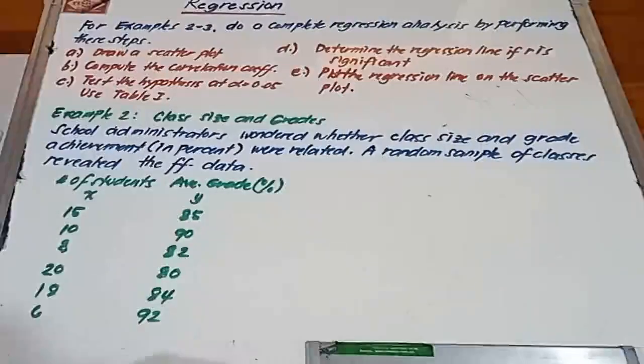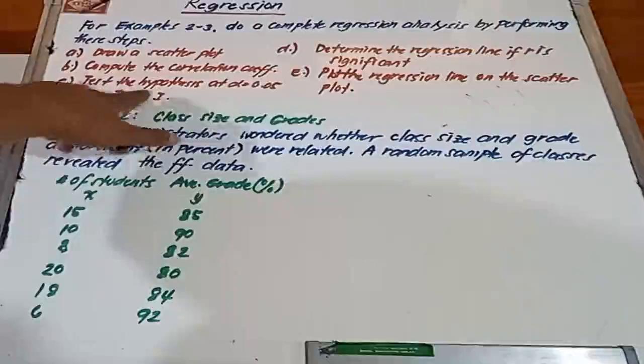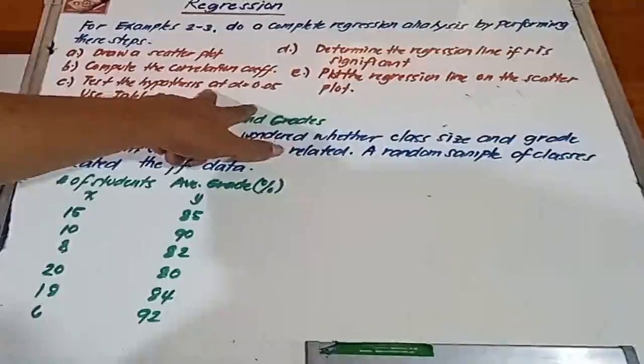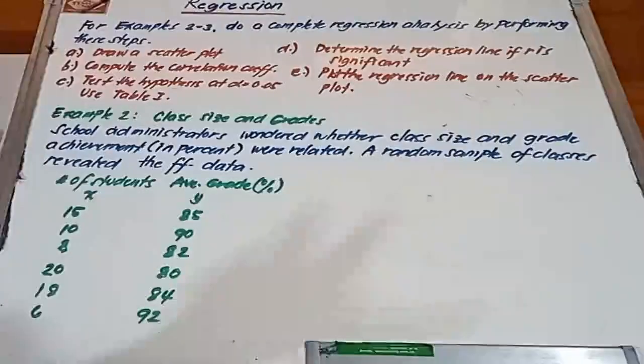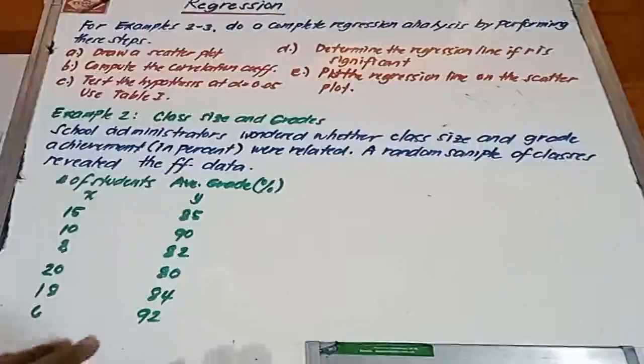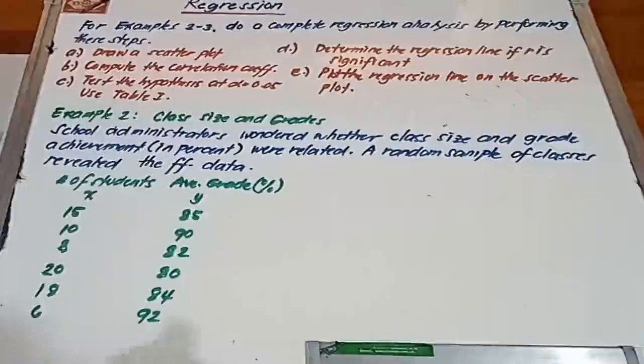Okay? Now, itong tatlong to una natin gagawin. For letter C, kapag hindi significant yung relationship at alpha equals 0.05, di natin kailangan gawin yung D and E. Okay? And for letter D, determine the regression line if R is significant. Plot the regression line on the scatter plot. Okay? And we have here